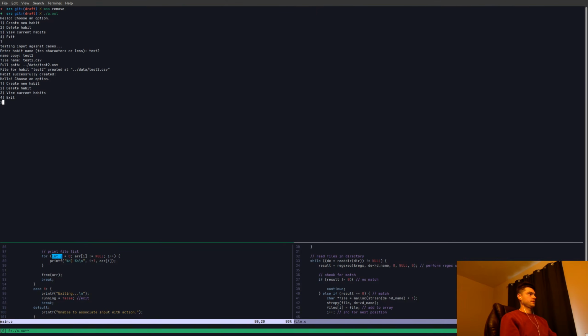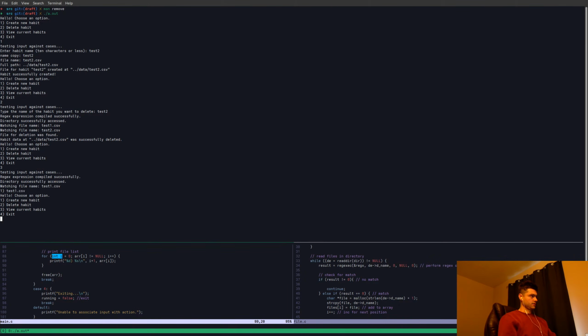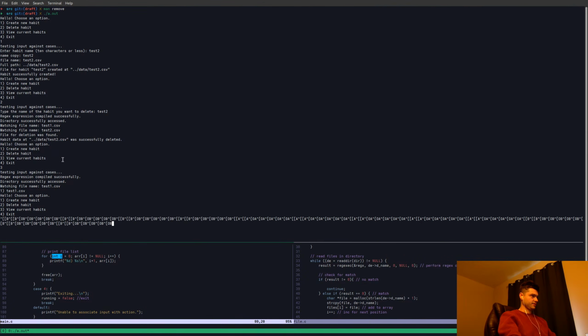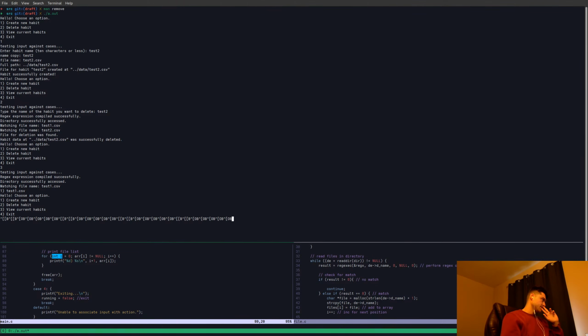So then if I want to delete test2, okay. And then let's view test1. Also, you'll notice it's a little bit hard to read, but